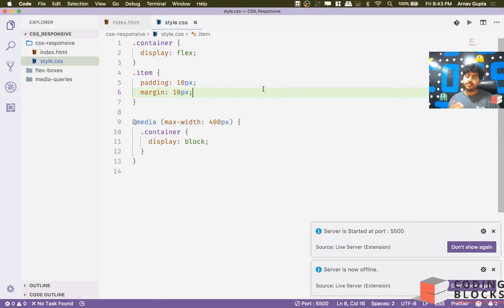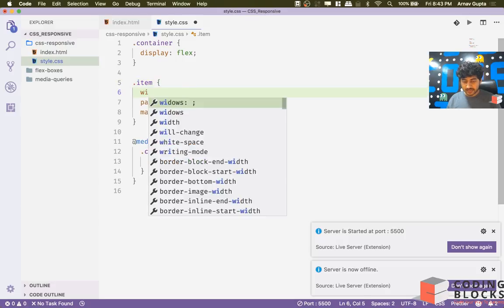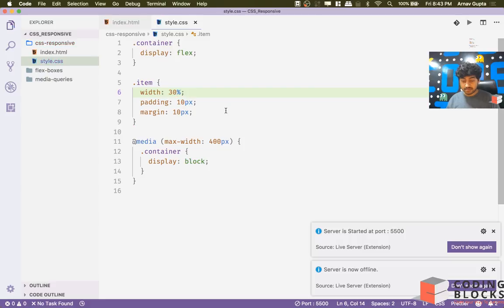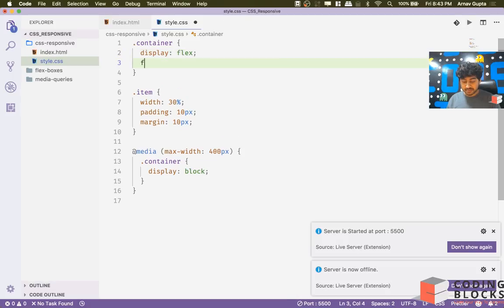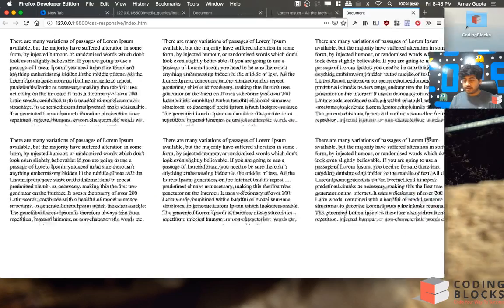Okay. Now let's start making things better. So let's wrap stuff. Okay, so item has width, let's say 30%, and this container can wrap, flex wrap. 30% each. They're going to take 1/3 of the screen. Okay,